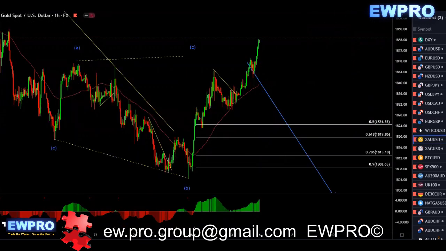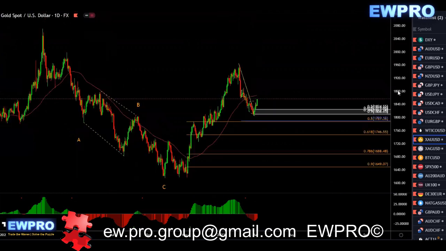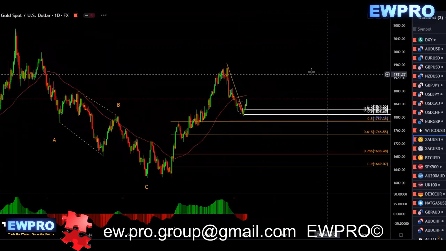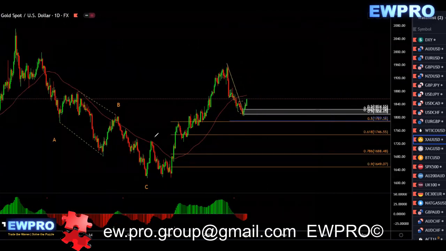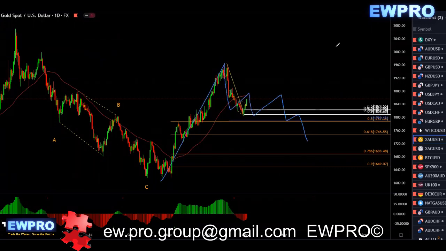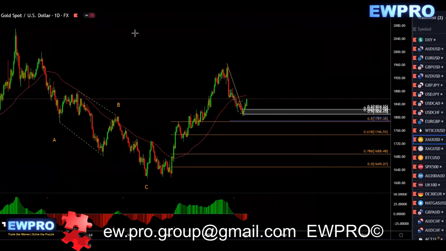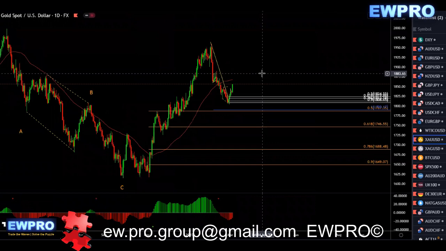Looking at gold on the daily, very similar. We got this nice impulse up, so I'm just looking for a correction in here and more upside. We got a nice wave down. Now, will this become corrective in here and give us another one down? Well, that's what I'm hoping for. And then we look to buy that. I mean, I'm already in the buy